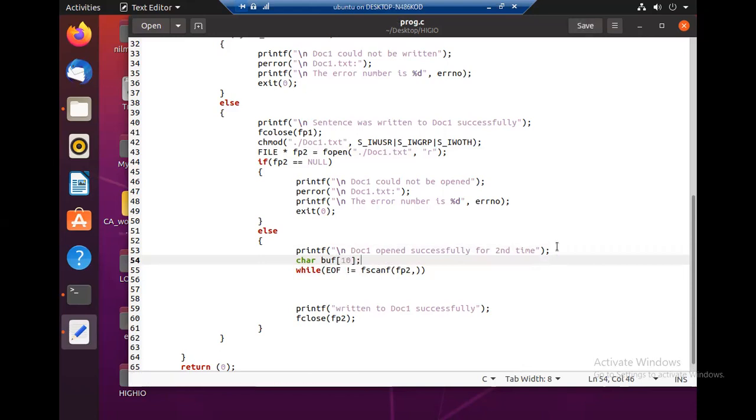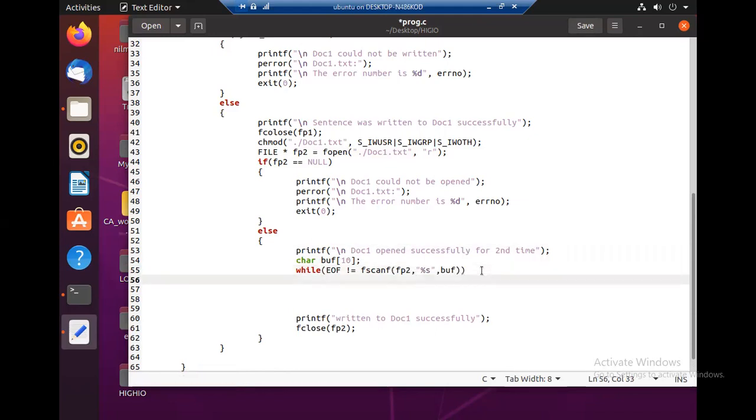We have to create a buffer, then we will scan into that buffer. All the time when we scan, we have to print it.